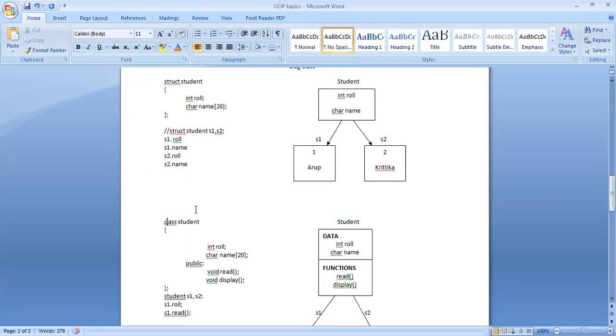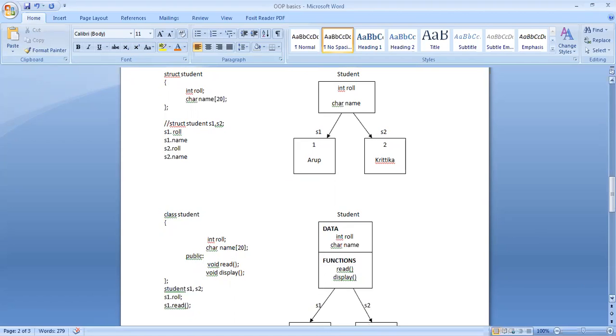Now, since we are to design students, in my example, suppose I have role and name as the properties to define the students, and I have some, we will not go into public and all this. We'll just ignore it for today. These are called access specifiers, so we will not get into this. I'm just trying to make you understand the basic concept. I'm just trying to draw a comparison between C structure and OOP class.